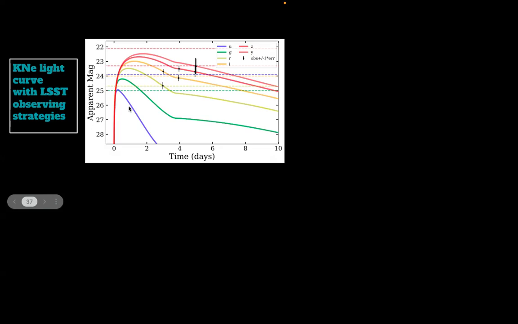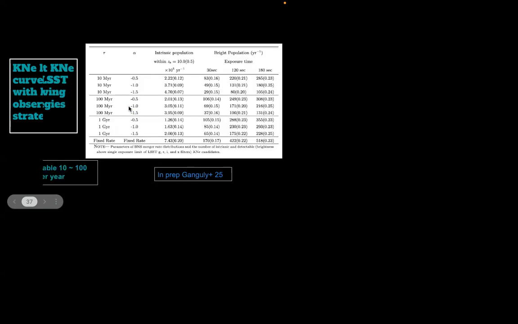You can see this point is just above this range, and this point is just around this range. So from these one or two points, we have to tell whether it is a kilonova transient or a supernova transient. So this shows how difficult it will be to classify this transient event, and this will happen for supernovae as well.